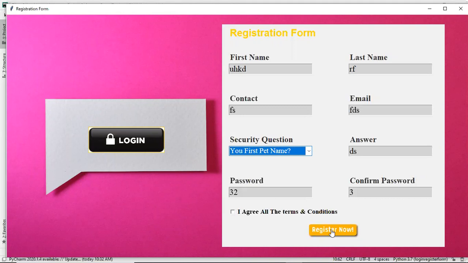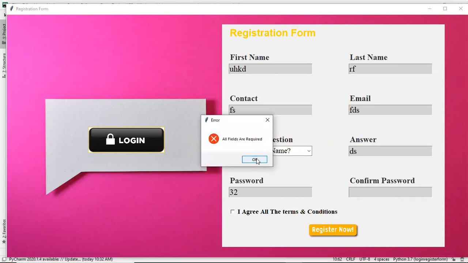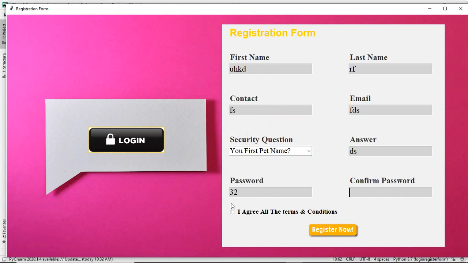So the next thing, after checking that the fields are not empty. If the fields are empty, you will receive a message box that all fields are required. Next thing that I want to check is whether this password and confirm password are same or not.